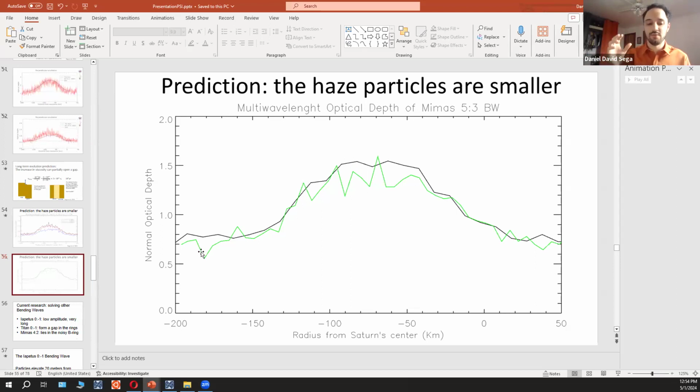Normally, what we think, and this is also something we know from simulations, is that millimeter and submillimeter particles accrete into bigger particles very quickly. So you kind of need to have a steering mechanism to actually have them be detected in the rings. So that's for the small size stuff. The big size stuff, we go up to meter size. And then you have the 100-meter structure.